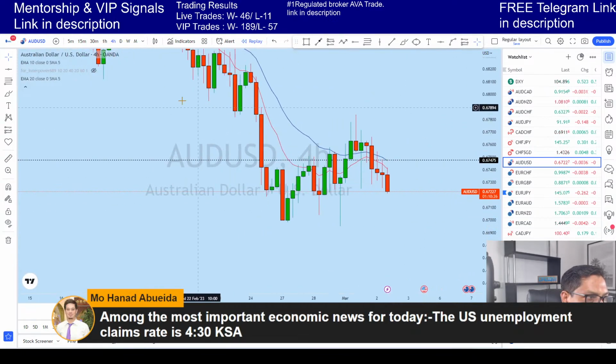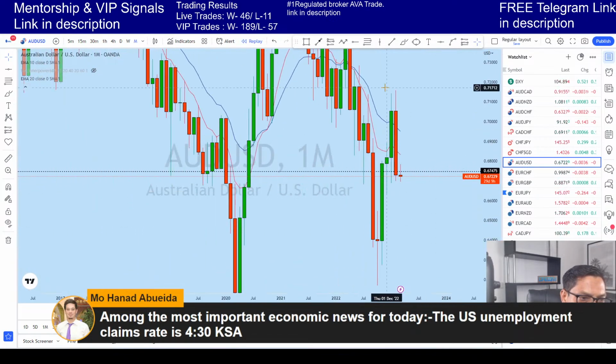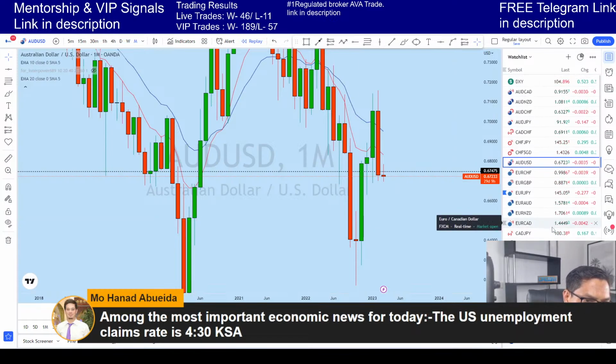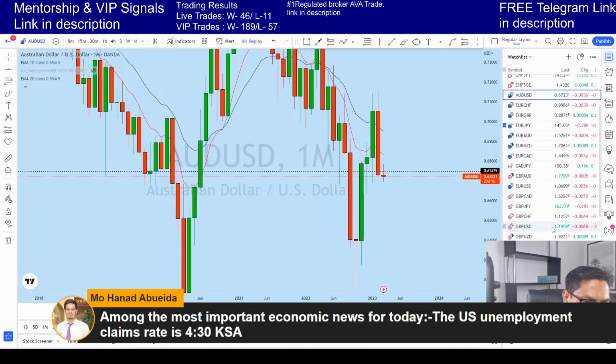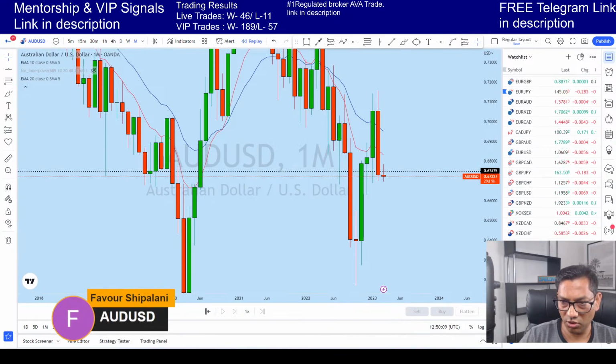This market, if you look at the monthly, you can see that basically AUD USD has formed a monthly, a very long bearish engulfer, and I would definitely look at this instrument for potential bearish trade, and I think that this market will drop a lot in this direction. So let me look at everything. So AUD USD is one of my favorite now.